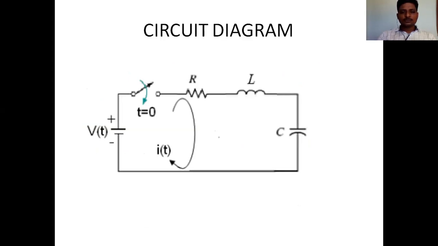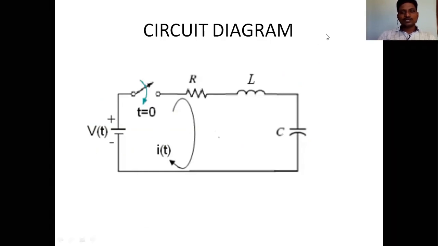So the words that I told you earlier are in the form of a circuit now. There is a voltage source connected to a switch, and the resistor, inductor and capacitor are connected in series along with the source and a switch. Now let us assume that I of t is the current flowing through the circuit after closing the switch at t equal to 0, which means when you close the switch at t equal to 0, immediately current starts flowing. Let us say that current is I of t.